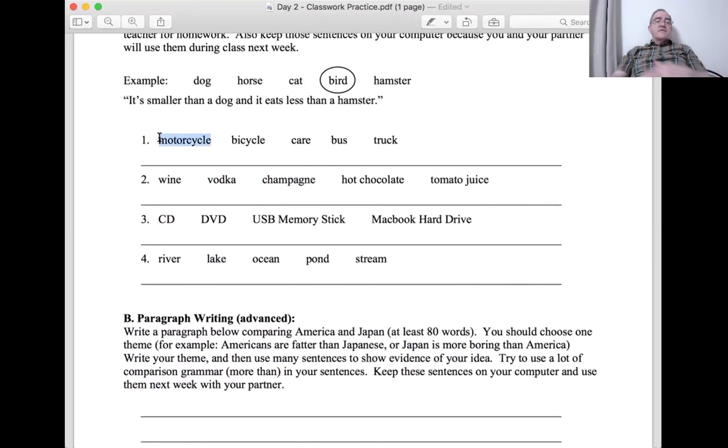Okay. Now don't just use big and little. Use interesting, noisy, expensive, dangerous, all right? And compare these. So let me think of an example. Do not use my example. You have to make a different sentence. Okay, if the answer is motorcycle, I would say it is more dangerous than a car,